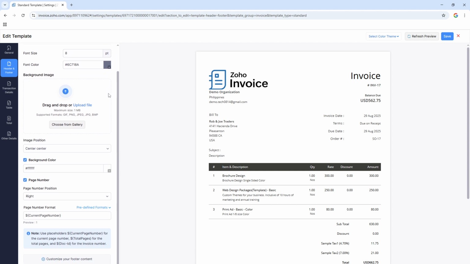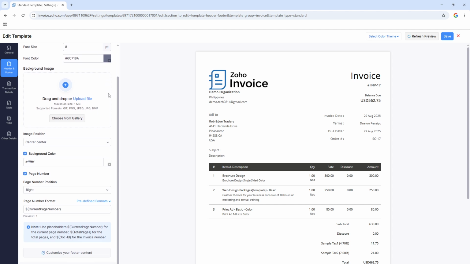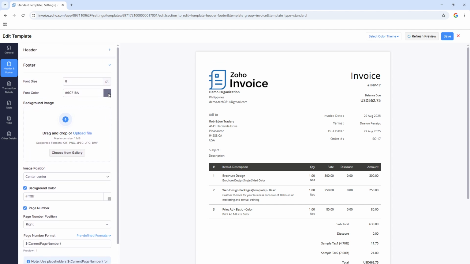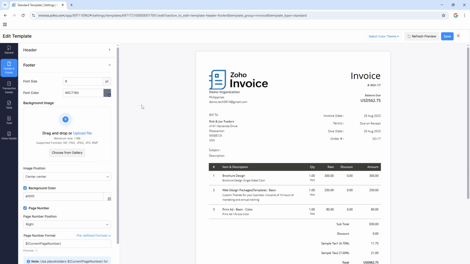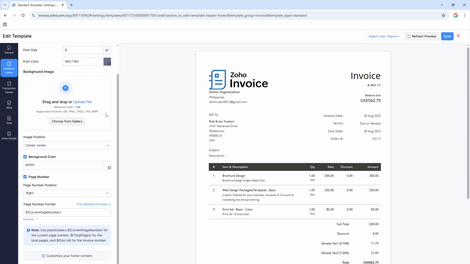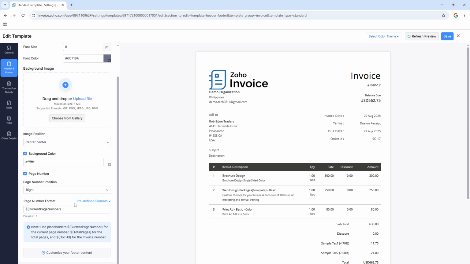Here, you have the freedom to adjust font sizes and colors to match your company style or personal preference. You can also decide to add or replace notes, terms and conditions, and signature fields if those are something you need on your invoices. To tailor the content further, you have the option to insert or delete any text in